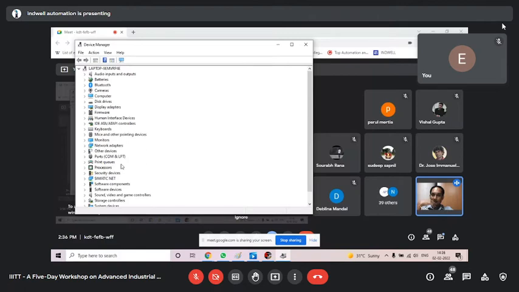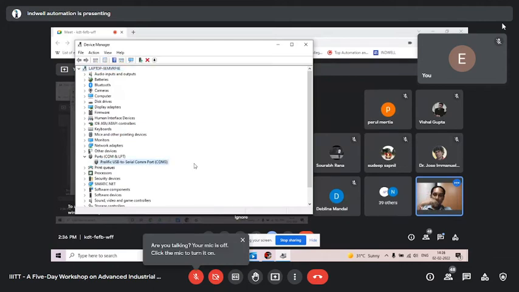Here you see Ports. Explore this, and here can you read the USB to serial communication port COM port number? Can you see that? What is the COM port number? 3. Very good. It's COM port number 3.